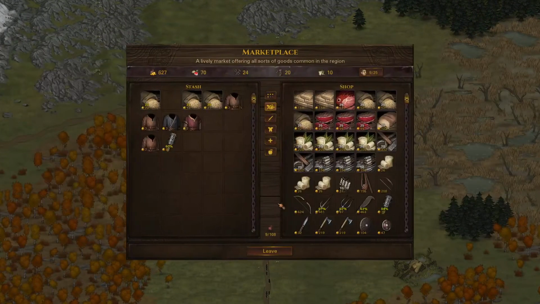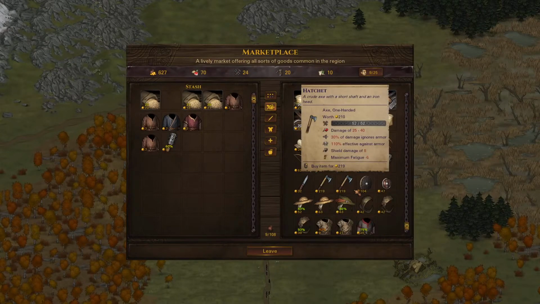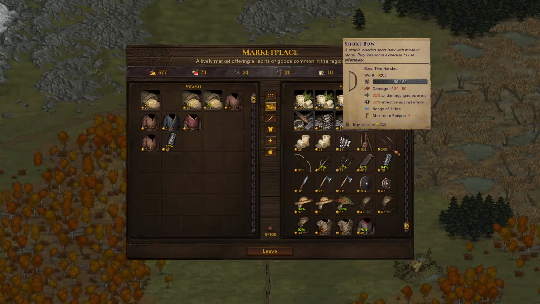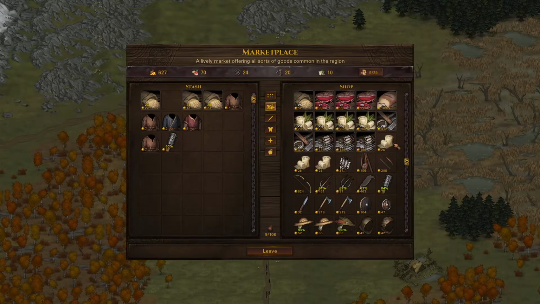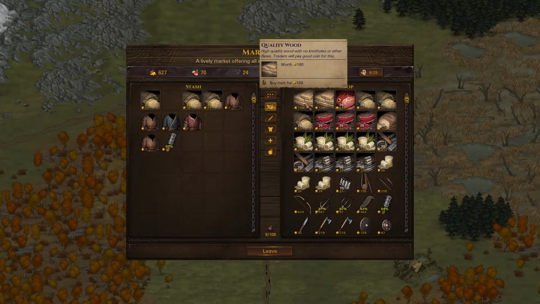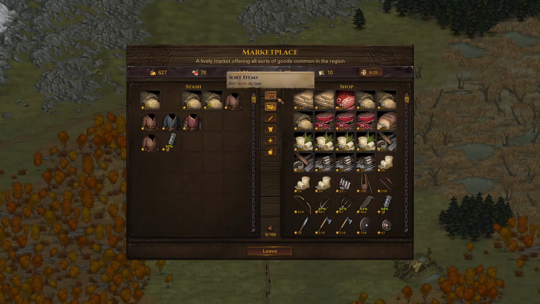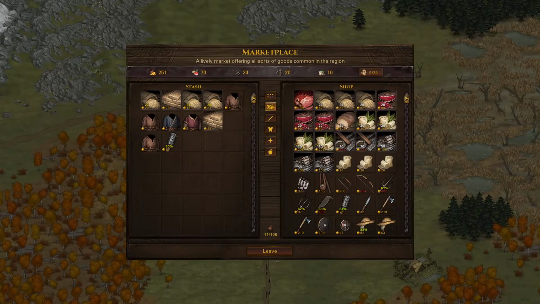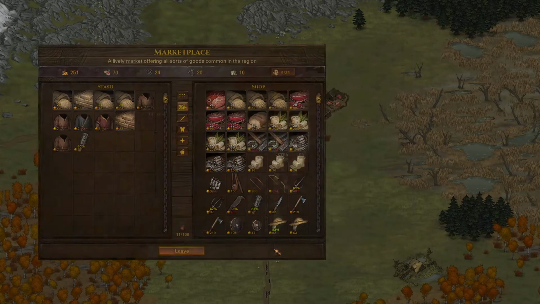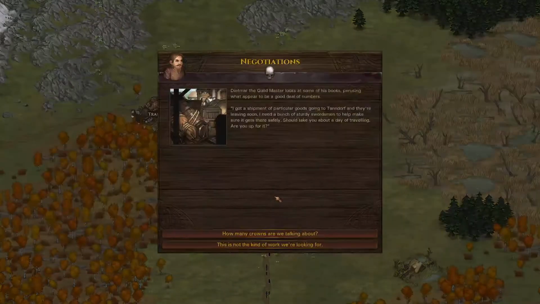I remember actually on this map we found it really difficult finding armor, didn't we? Yeah. We didn't find any armor for ages. It's really annoying. 186 for wood, that's really cheap. We're going to buy it and hope, because we've still got 2 days of crowns, that someone has